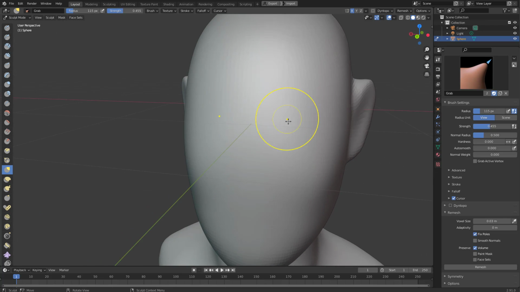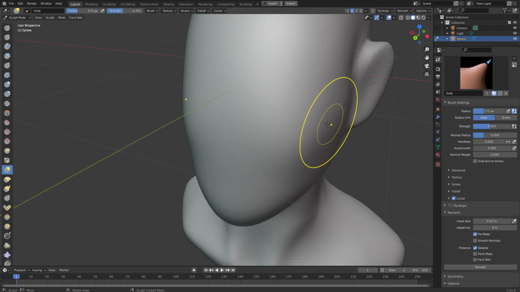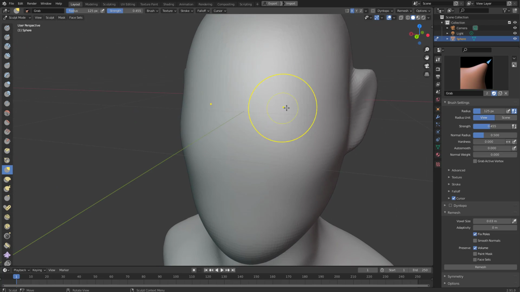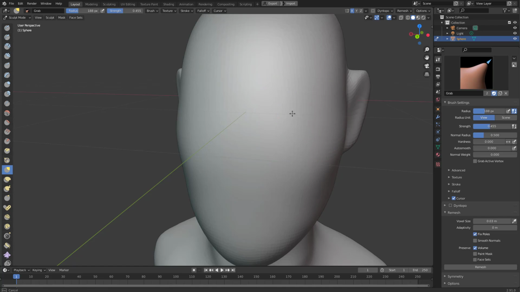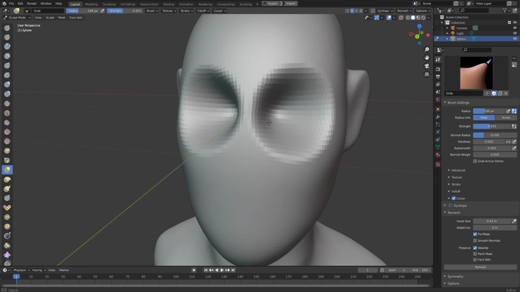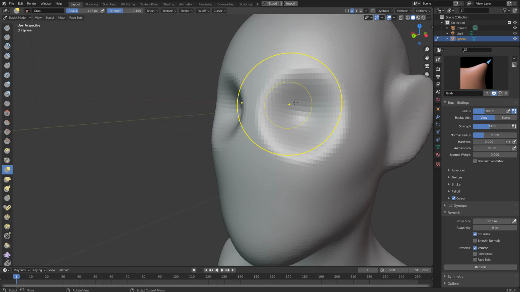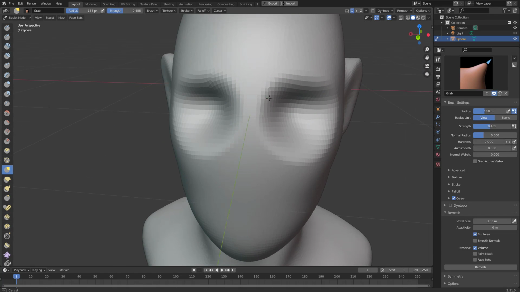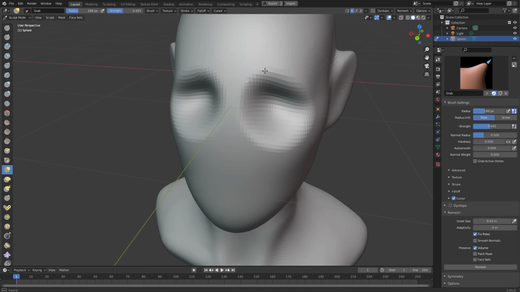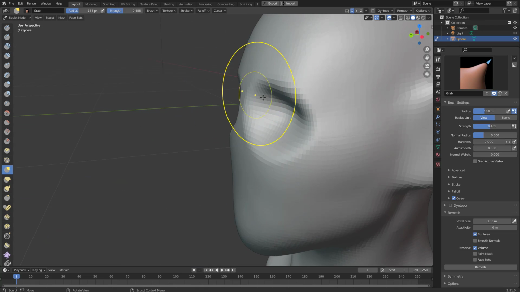Okay, now let me go ahead and start defining the facial features. I can hold Control and drag, which is basically bumping things in like that, right? And then I can use that to dig in the eye socket and start dragging things around to define the shape of the orbit,